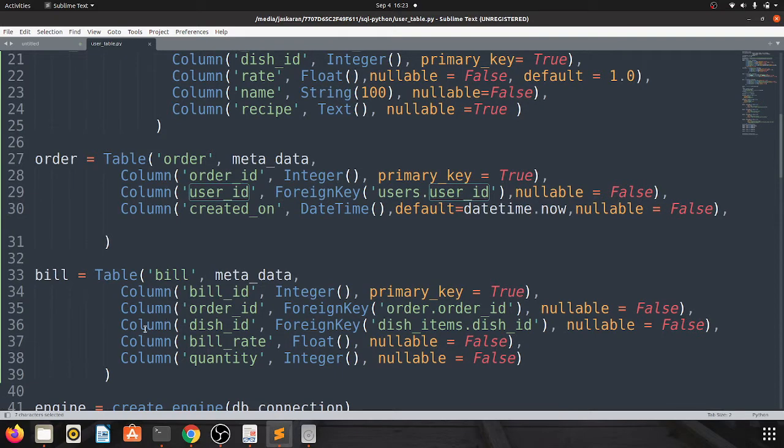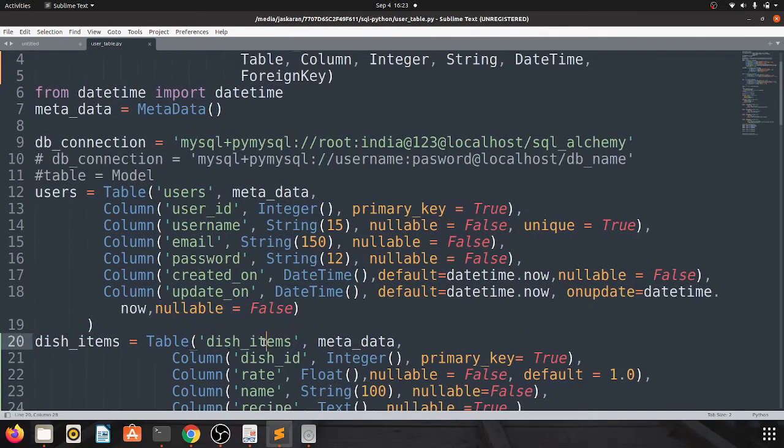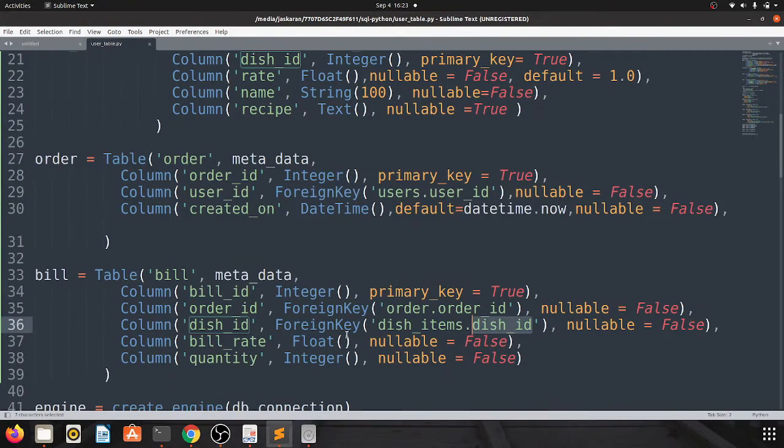And here are two foreign keys. One table can contain multiple foreign keys, but one table can contain only a single primary key. This is the order id, and dish item and dish id.